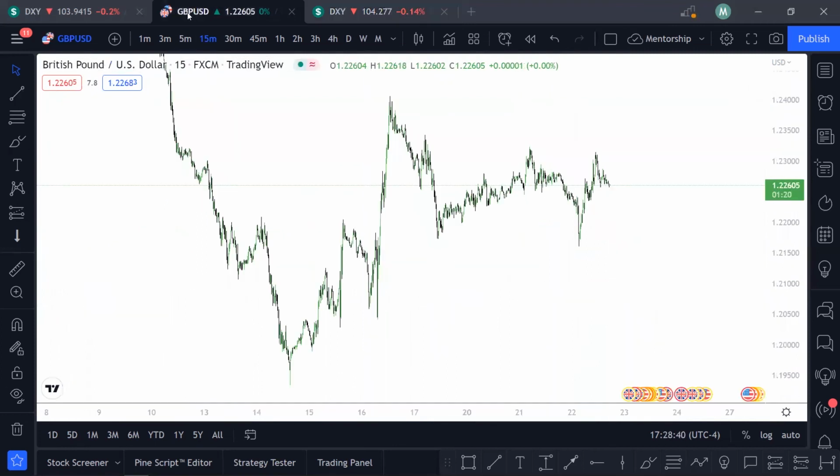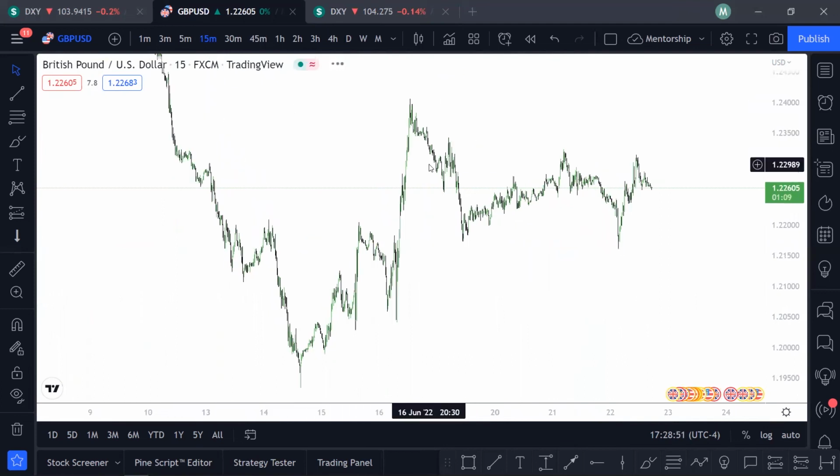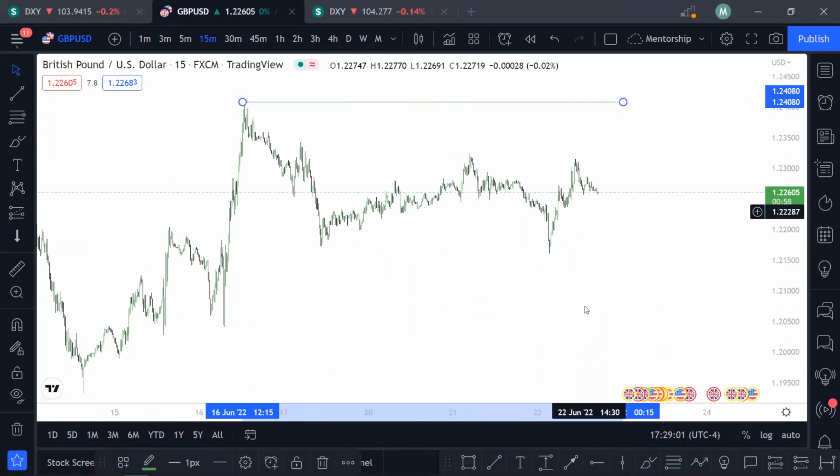The pound dollar right here. This is the other day. Now, if you use the long-term high and low, this is where you get all the concepts work for you,